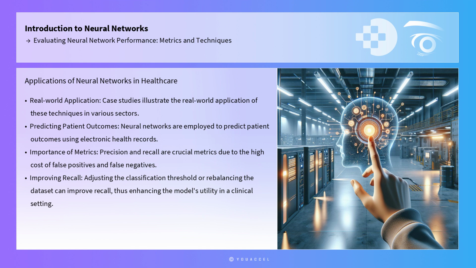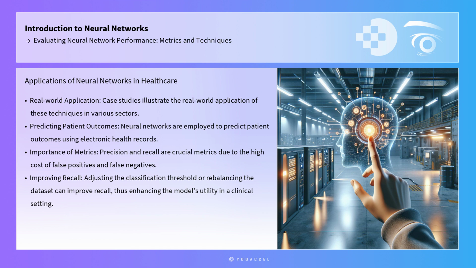Case studies illustrate the real-world application of these techniques. For instance, in the healthcare sector, neural networks are employed to predict patient outcomes using electronic health records. Here, precision and recall become crucial metrics due to the high cost of false positives and false negatives. A study might reveal that while a model achieves high accuracy, its recall is low, indicating that it misses many positive cases. By adjusting the classification threshold or rebalancing the dataset, practitioners can improve recall, thus enhancing the model's utility